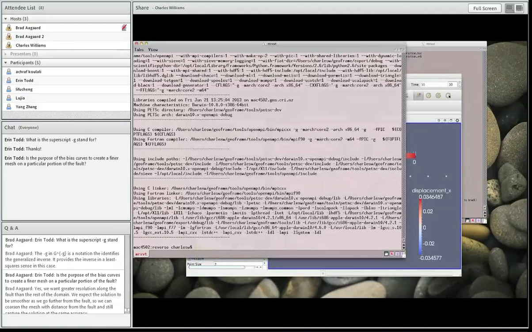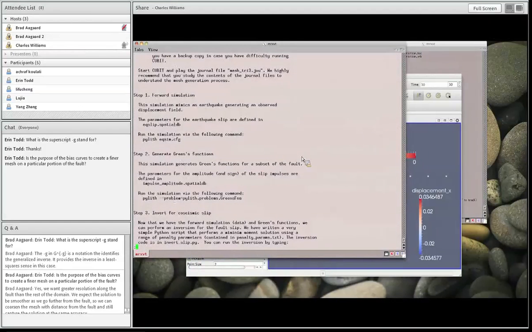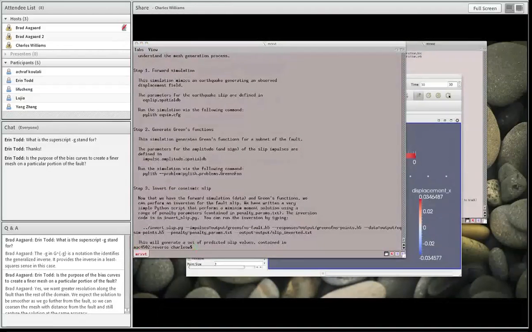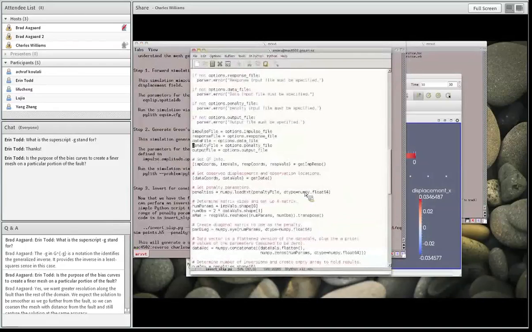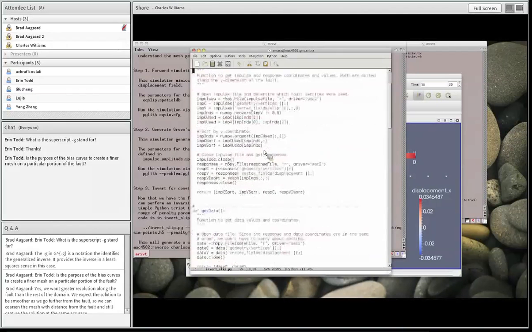So the next thing to do, now we've done that, looking back at our directions. Now we're going to do our inversion. So we'll look at the Python code where we do that. That's this. Now, I don't really have enough time to completely go through this. The important thing, the packages that we're using, NumPy and H5Py, which allows us to read the HDF5 output produced by Pilot. So first of all we define a couple of functions that we need